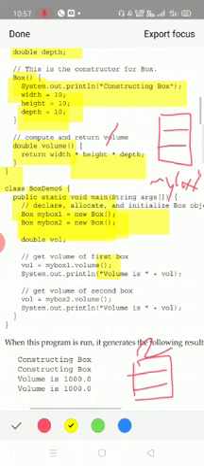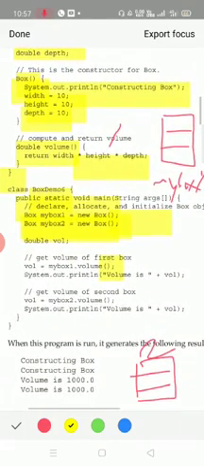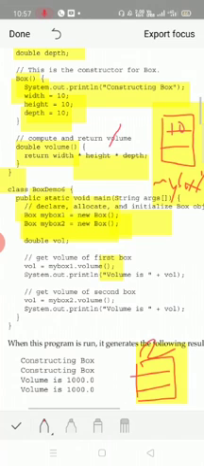It will be implicitly called once the object is created. Once the object myBox1 is created, the constructor is implicitly called. It will simply initialize the width, height, as well as depth to 10, 10 and 10 respectively, so 10 is filled in for width, height, as well as depth of myBox1.